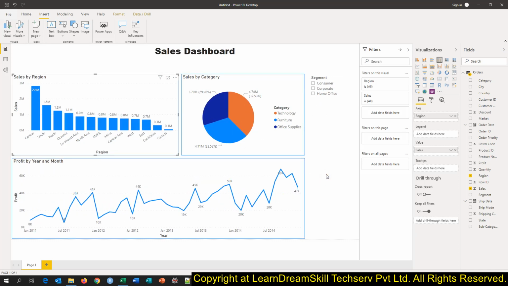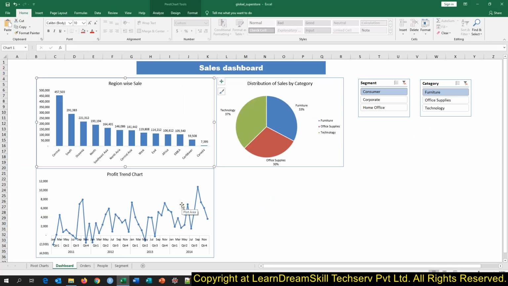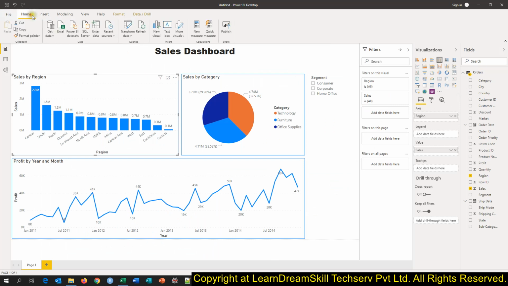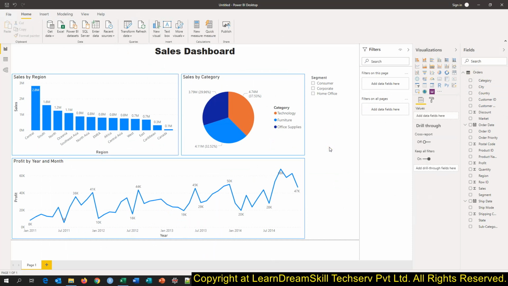So that is how it is quite cool, and you have just seen that it is quite interactive compared to this Excel dashboard. Okay, and you just see lots of menus and options here, charts here. Then we also have hidden tips and tricks. So we will learn everything step by step.